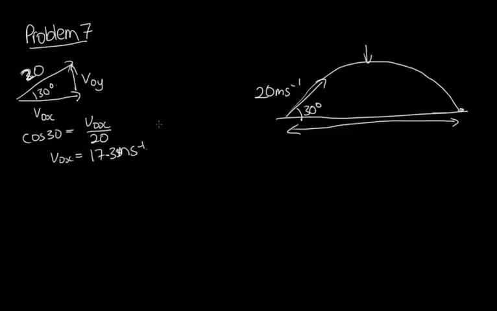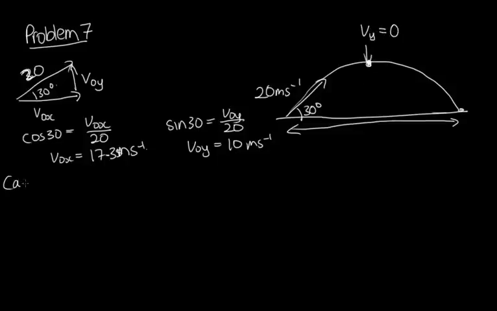And to get the initial vertical speed, we can use sine 30 is equal to the initial vertical speed over 20. And so the initial vertical speed is equal to 20 times sine 30, which is 10 meters per second. So now we know how quickly it's initially travelling upwards. We can work out how long it takes to get here, because we know here the vertical speed is 0. So in order to calculate the time,